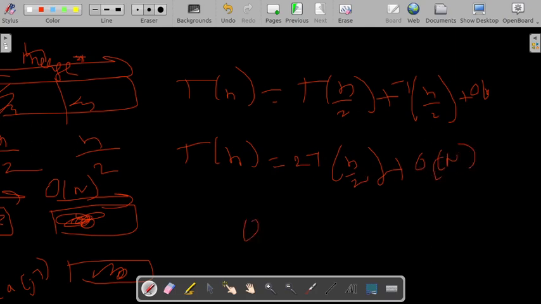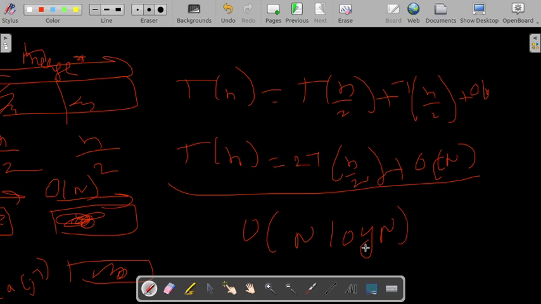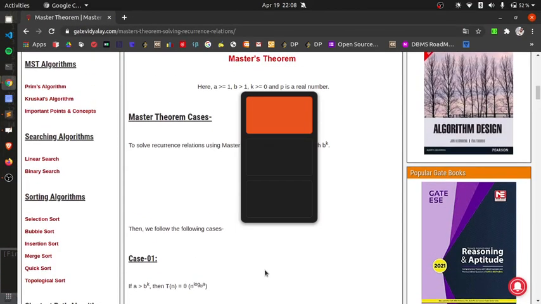And if you solve this recurrence with the master theorem, it will be O(n log n). That's the complexity in all cases: best, worst, and average. So let's jump into the code and see if we are able to